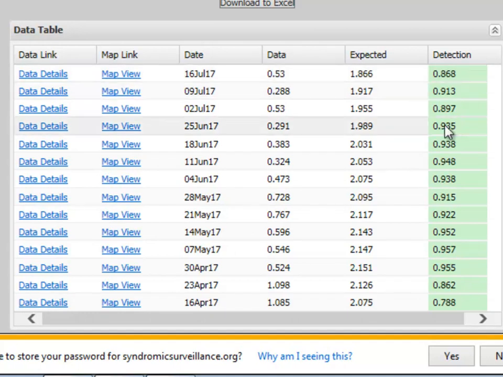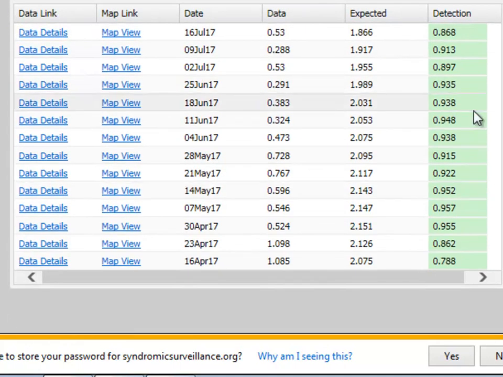The detection is color-coded. If there's a red or a yellow indicator, with this one there's all green, but if there's a red or yellow color, it indicates that the value is statistically significant above the baseline level for that illness or condition. However, it's important to note that even if you see statistical significance, that doesn't necessarily mean that there's public health significance. Syndromic surveillance should always be viewed within the context of laboratory data and other indicators of